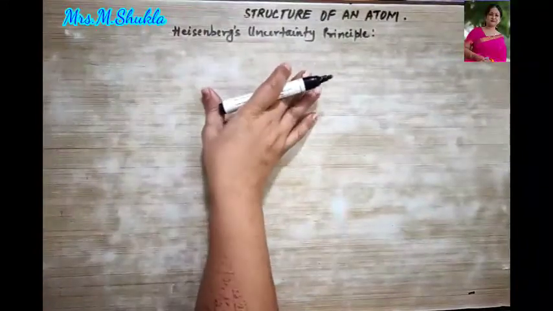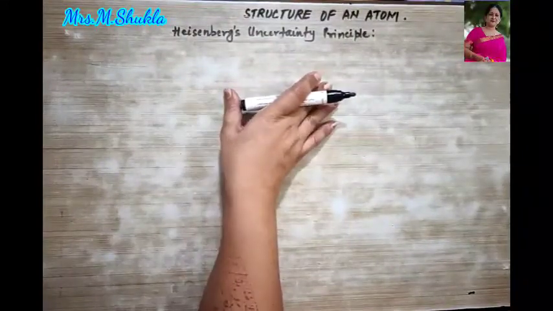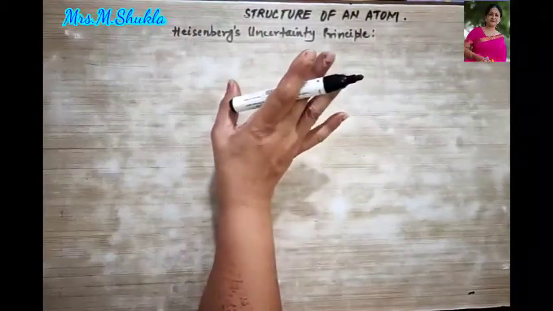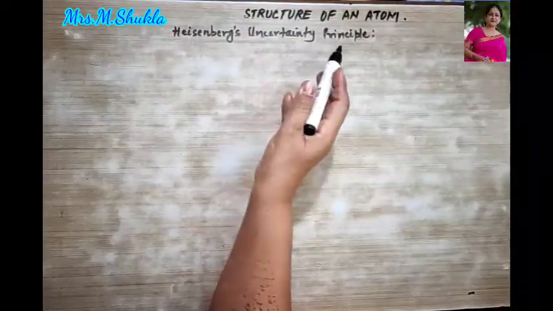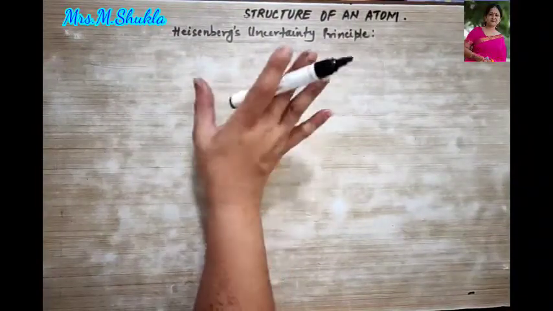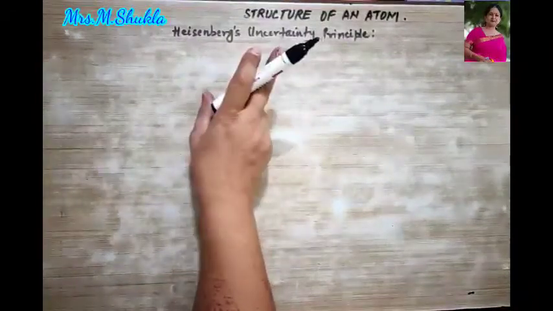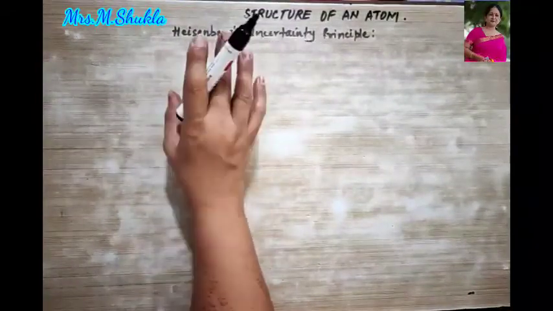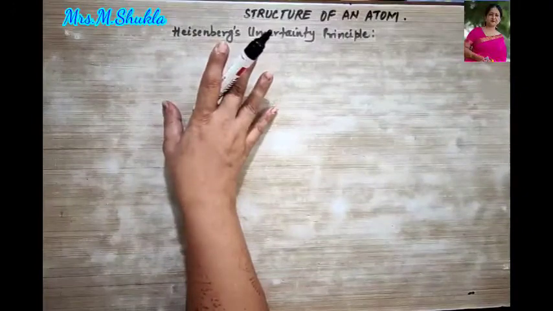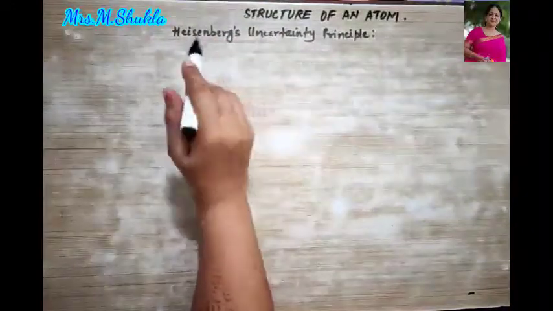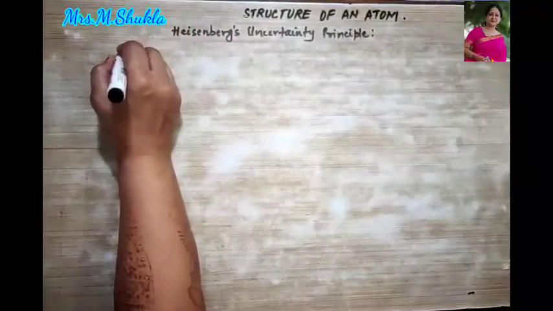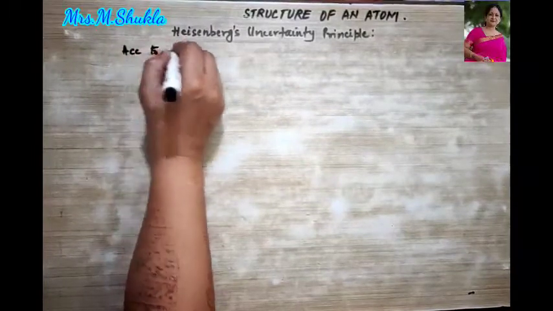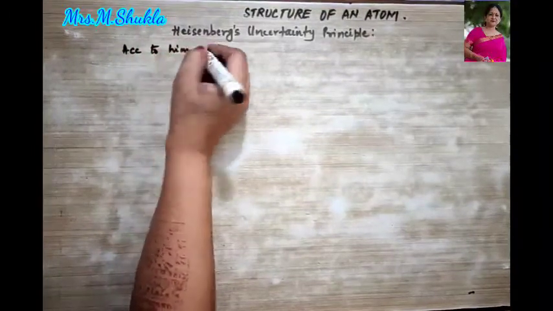So now let us study the principle which contradicts Bohr's theory, that is Heisenberg's uncertainty principle. According to him, the position and the momentum of an electron cannot be exactly determined simultaneously. What did he say? I'm writing it down over here. According to Heisenberg,